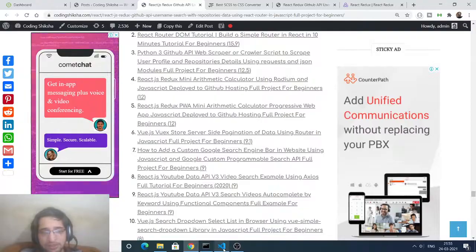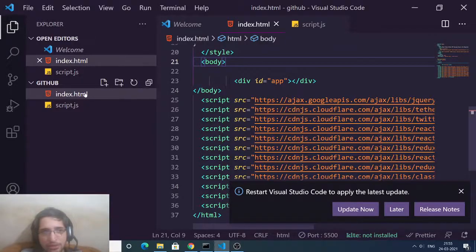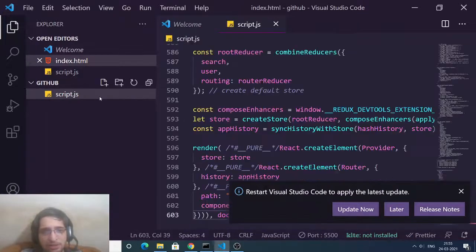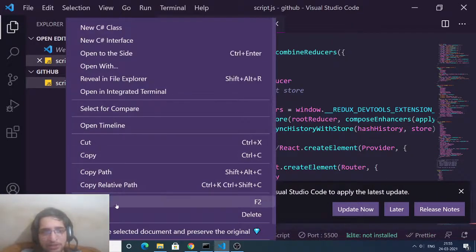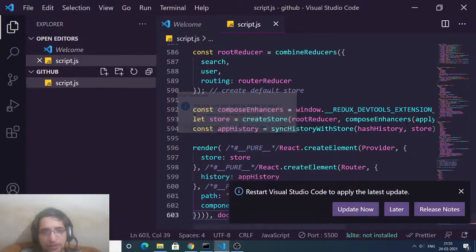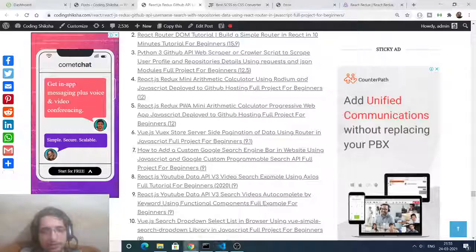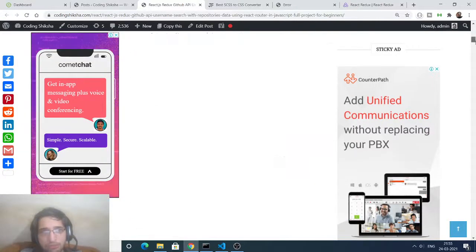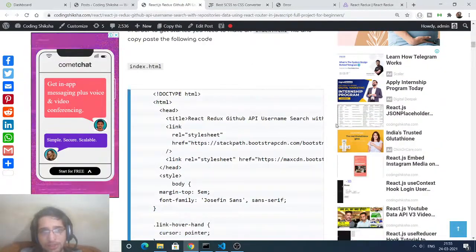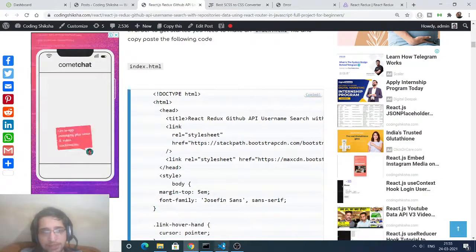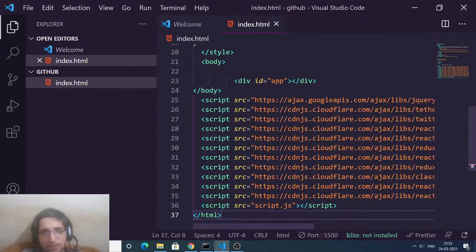Now first of all guys, you can just open a text editor. Let me guide you step by step on how to make this application. Let me just delete this and tell you from scratch. Now if I open this index.html, we need to create the index.html file, and as I already told you, we go to my blog post, which is inside the video description. Just click the copy to clipboard button here and copy all the source code.